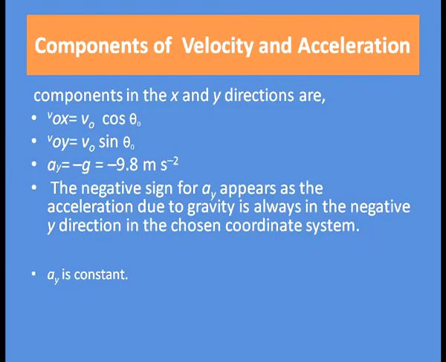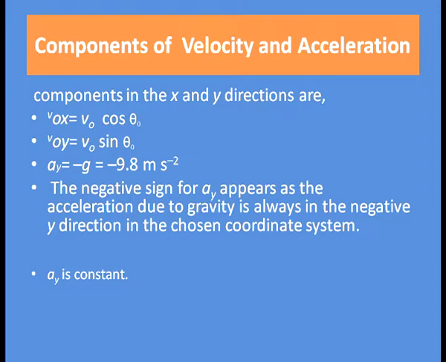Now, what are the components of velocity and acceleration along the x-axis and y-axis? The components in the x and y directions are Vox, that is the component of velocity along the x-axis, which is v0 cos theta 0. Voy equal to v0 sin theta 0. Here we have taken the component of velocity along x and y axis. Ay, that is acceleration along the y-axis, is equal to minus g, that is minus 9.8